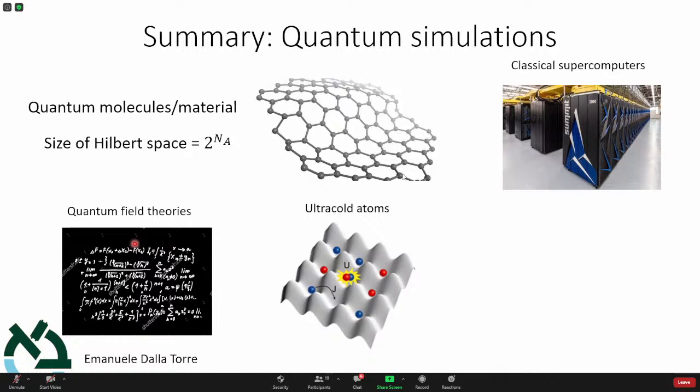Another way, and that's really the original idea of Feynman when he coined the word quantum simulation, is to use another quantum system. So if you have a complex quantum system, then use another quantum system to simulate the first one. Maybe the advantage is that one quantum system is more tunable, and the best known example, I think, the pioneering experiments, were performed in the field of ultracold atoms. This is a huge field that you may have heard about. If not, you should really read about it.